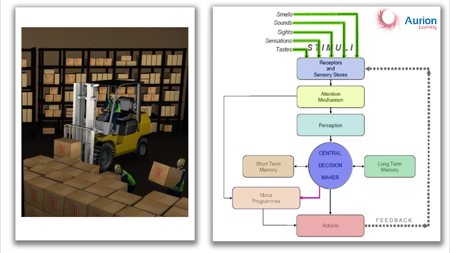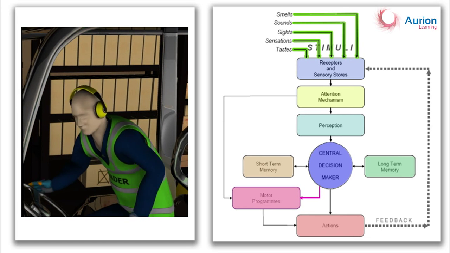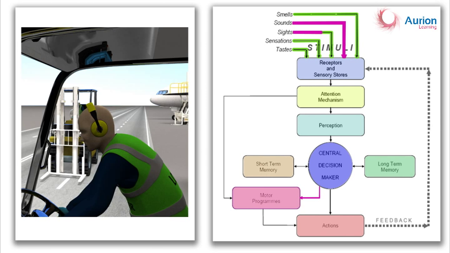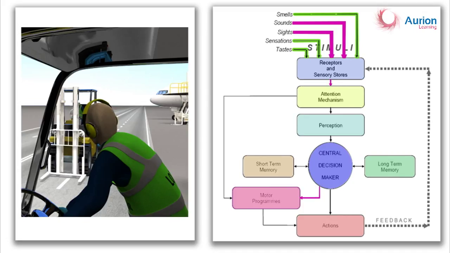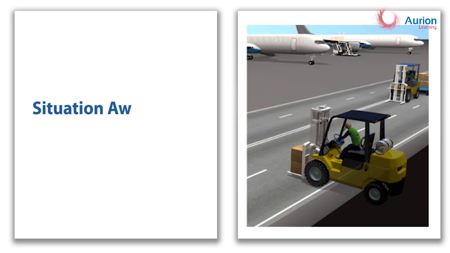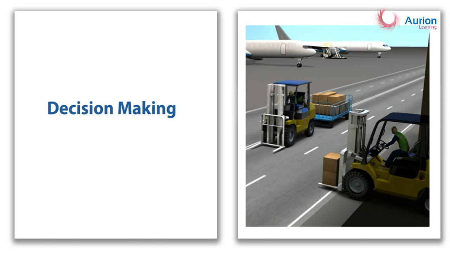To sum up and return once again to the human information processing model. This man was operating a forklift relying on his motor programs. His sense alerted him that something was wrong. His memory told him that crashes at speed cause damage. He took the action of applying the brakes and an accident was avoided. This is what we call in a word situation awareness, or simply being aware of what is going on around you, being able to predict what is going to happen and taking a decision based on it.